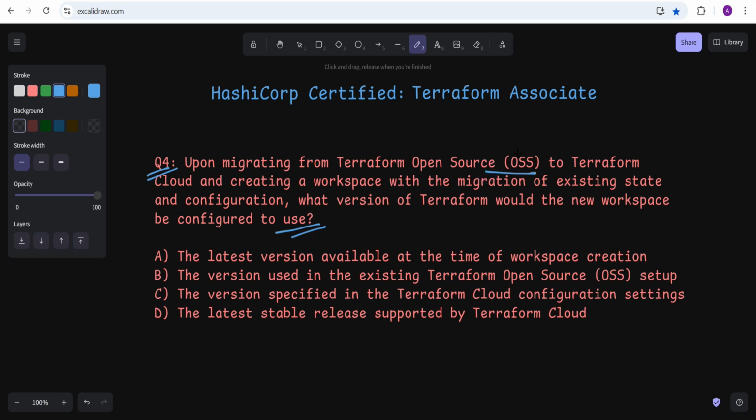It is a free and open source version of Terraform. This is a tool developed by HashiCorp for infrastructure as code, and we are using it. So whatever Terraform code we write in Terraform open source, and the question is about migrating Terraform open source to Terraform Cloud. Whatever code we write in OSS for all the testing, is being migrated to the